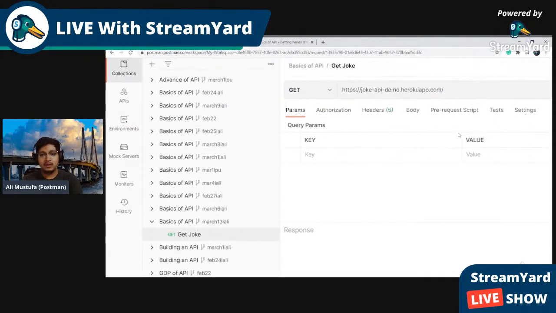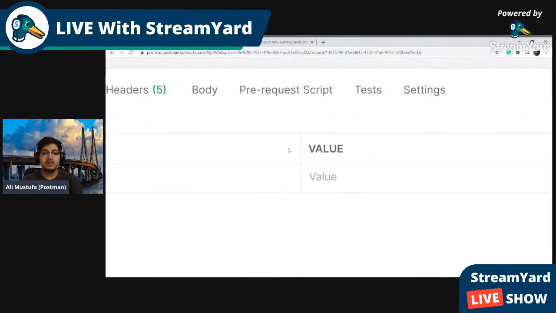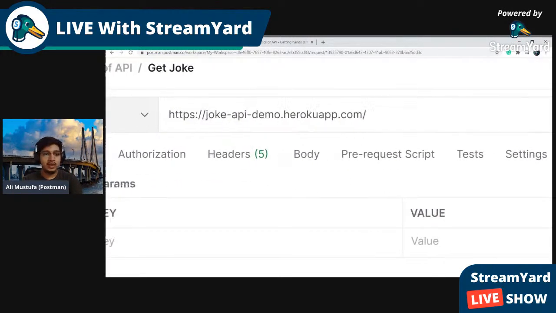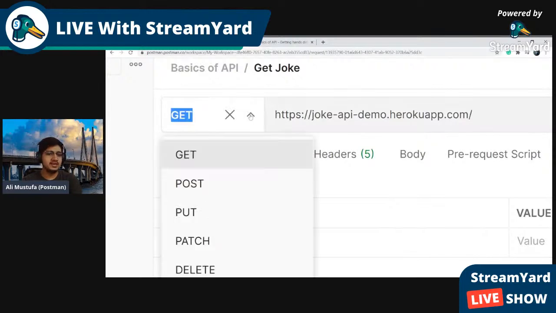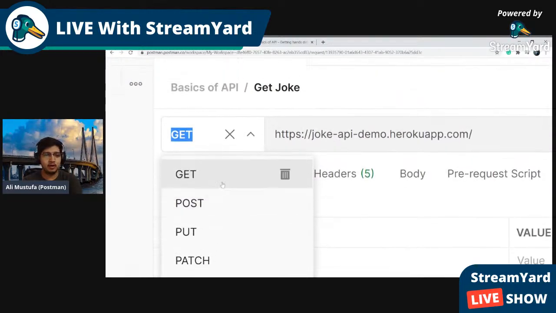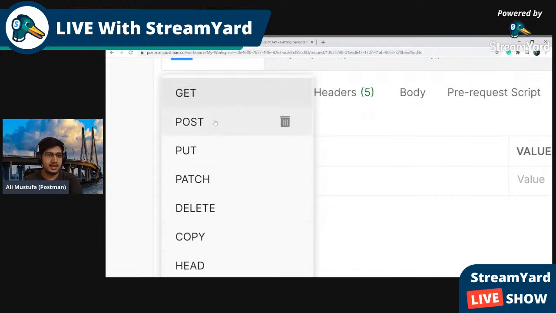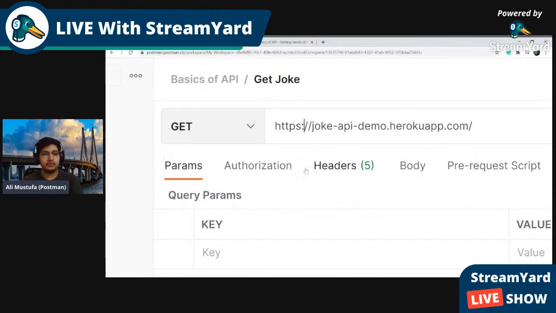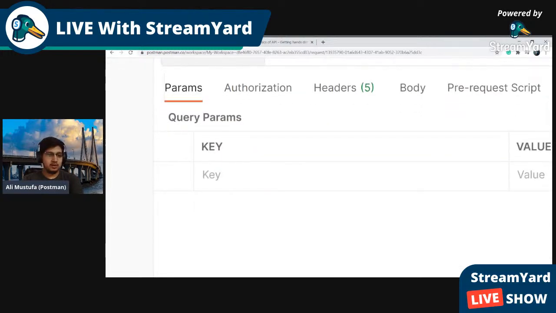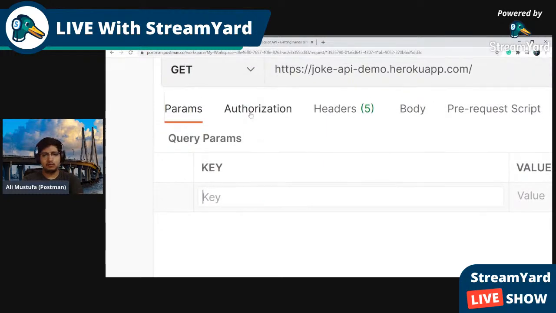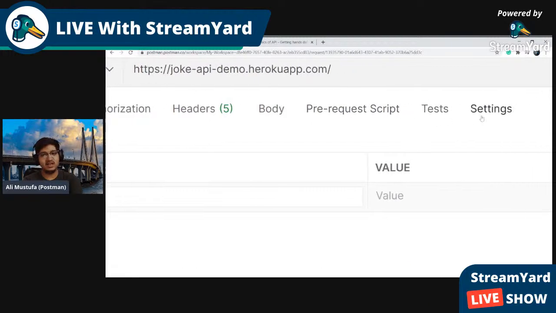Now, making the request. Here you can see there are multiple things. One is the URL. In the browser, we don't get an option to select the method, but here we get the method option. There are multiple types of methods like get, post, put, and delete. These are the 4 methods we are going to talk about. There's a get method here. Then there's params. We are going to talk about it later on, but right now let it be. Authorization is there, header is there, body, multiple things.